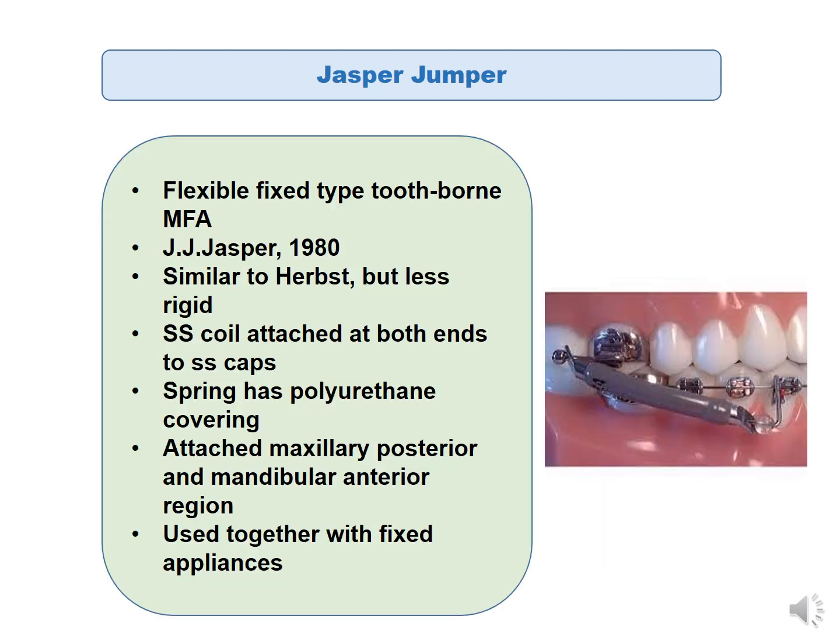Now the Jasper jumper is also a fixed type of functional appliance, but it's a flexible fixed appliance which is tooth borne. It was introduced by Jasper in 1980. It is similar to the Herbst but less rigid. It consists of a stainless steel coil attached at both ends to stainless steel caps. The spring has a polyurethane covering for comfort and oral hygiene. It's attached to the maxillary posterior region and to the mandibular anterior region, and is usually used together with fixed